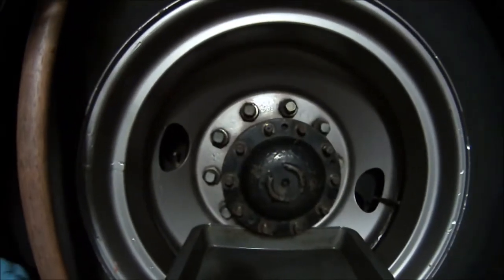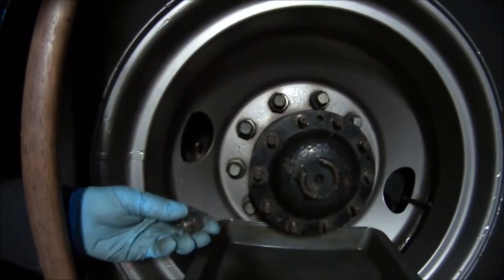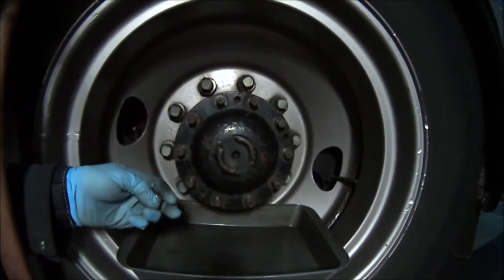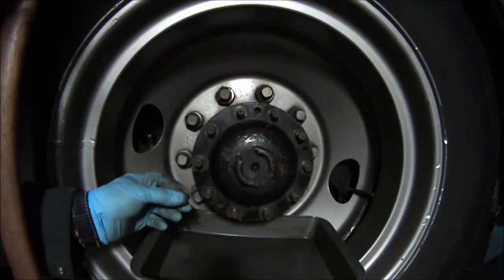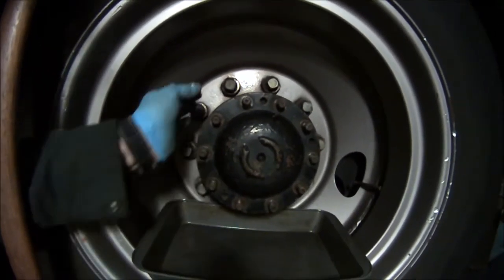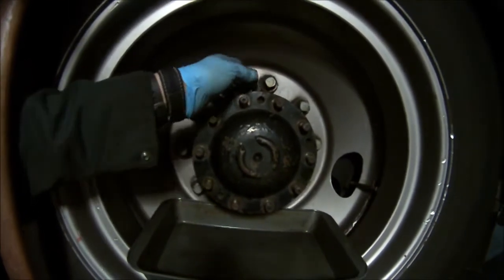Alright, so we got lucky on this and all of the nuts came off without pulling the studs out. I hate it when that happens because I've had a bad experience putting them in, and I worry a little bit about them being stripped in there. When I put them back in, they go into this aluminum hub,